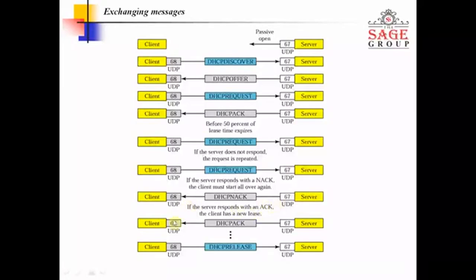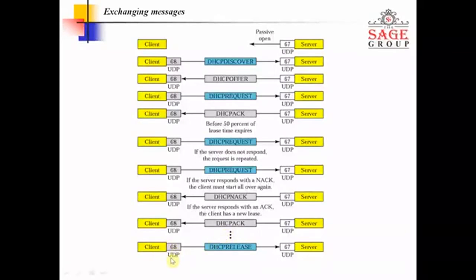When the negative acknowledgement is sent, it gets a new lease connection, and the server sends that packet. Then the client gets that acknowledgement and gets an IP address. Then you are ready to connect with your local area network, and you do your operation and your work is done.